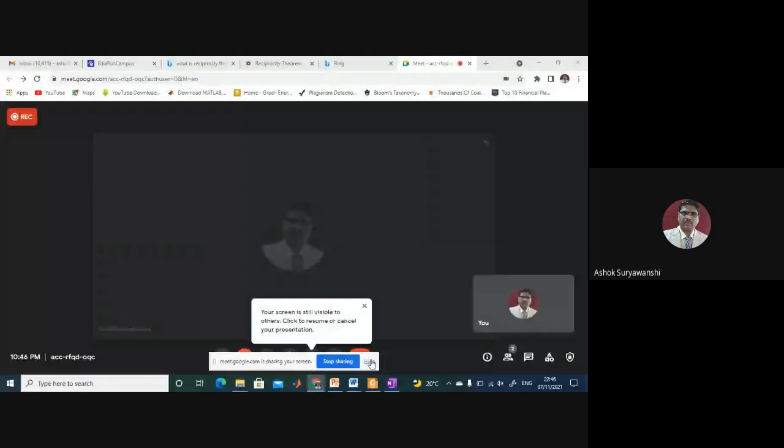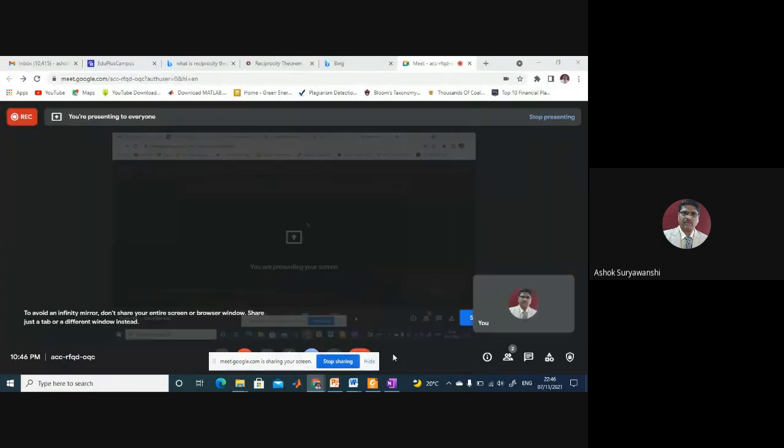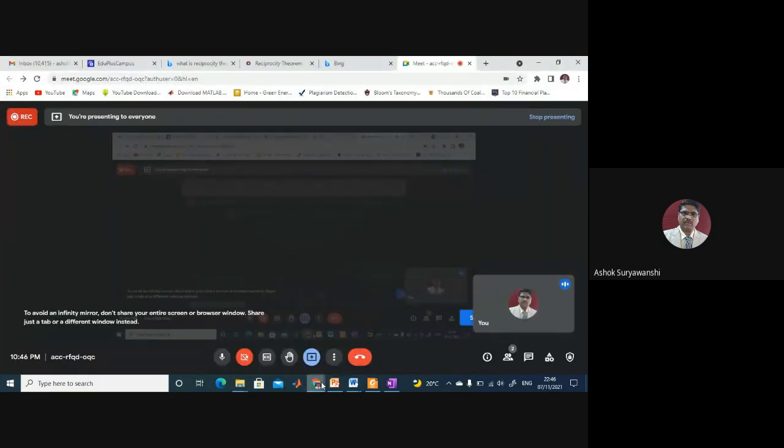Today we are going to see how to simulate the given circuit using the Falstad online simulator. In one of the videos, I showed you how to use the Falstad software, the online simulator. Now we'll draw the circuit diagram and then analyze that circuit using the simulator. Let me share the screen. Okay, so I hope my screen is visible to all.